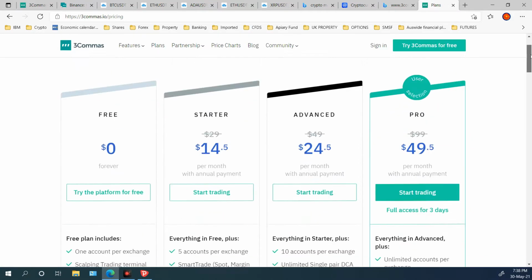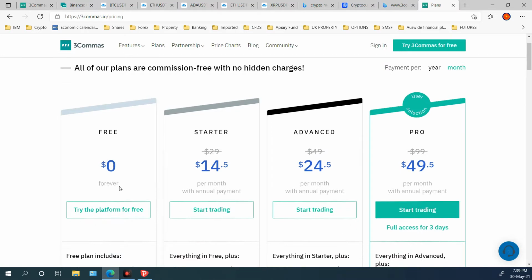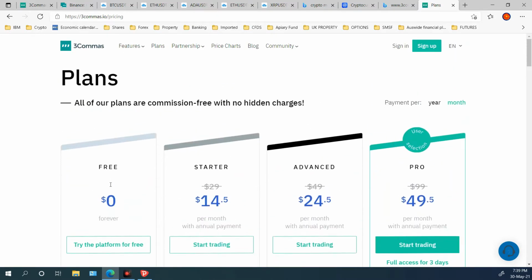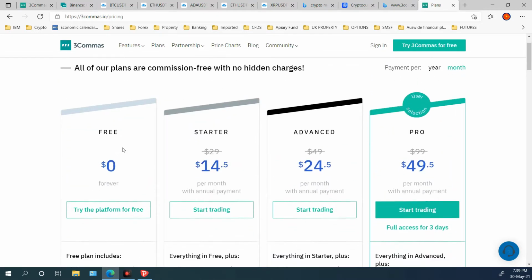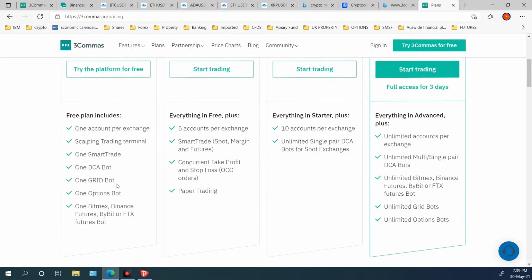So when you sign up, as I say, you don't need to provide your credit card. You can basically use this free version, a bit like Trading View as well. They have a free version. It's obviously fairly limited, but you can pretty much take trades on the Smart Trade functionality on the system. So you can place one Smart Trade. You've got one DCA bot, so they do give you one bot, which I think is quite generous on a free